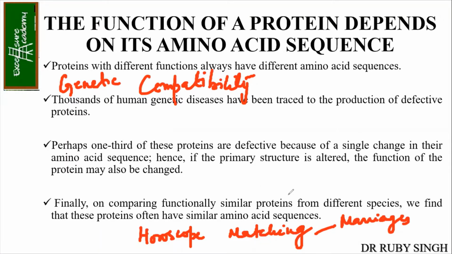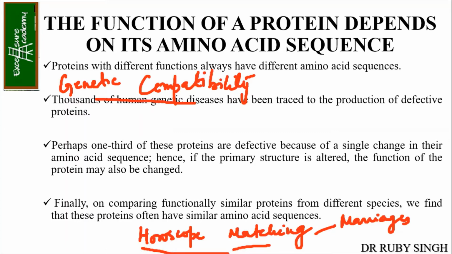Correct? Now, if it is matching, then they go for the marriage. If it is manglik or non-manglik, I don't know much about it, but then they will not go further with the marriage, right? So in India, people go for horoscope matching, whereas outside, especially in America,